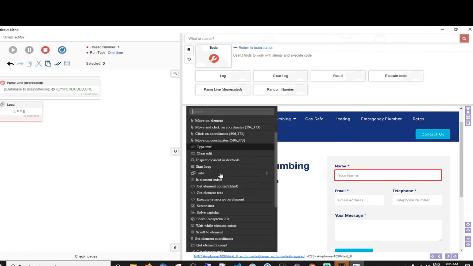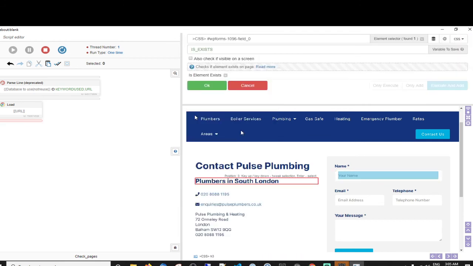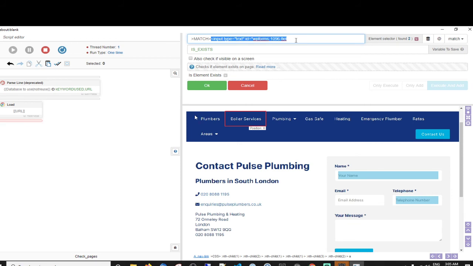So I'm going to say, does element exist? By name, so I'm going to do match. Oh, it's a WordPress form. See, I'm going to have to run different checks because different sites are going to have different setups.